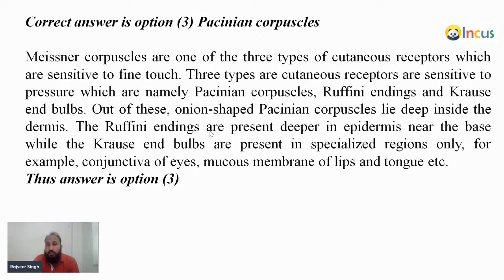Out of these, the onion shaped fascial corpuscles lie deep inside the dermis. The Ruffini endings are present deeper in the epidermis near the base, while the Krause end bulbs are present in specialized regions only, for example the conjunctiva of the eye, the mucous membrane of our lips, and the tongue, etc. So the answer will be third, fascial corpuscles. Okay, now